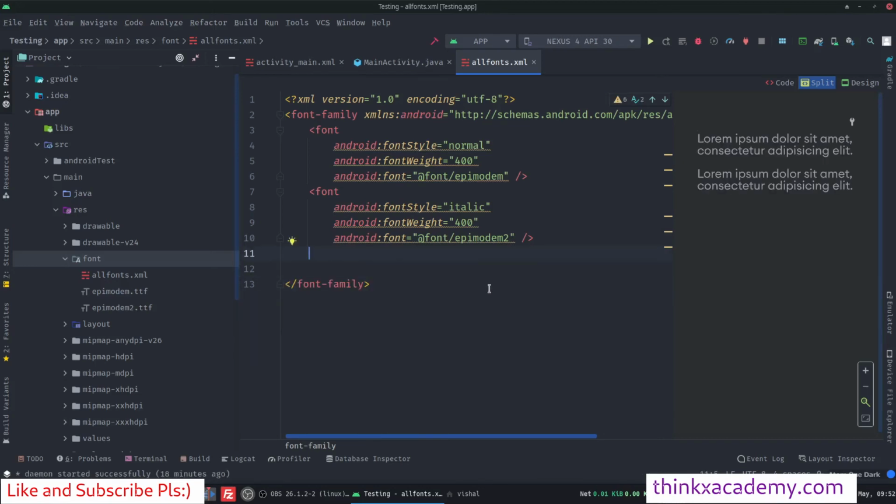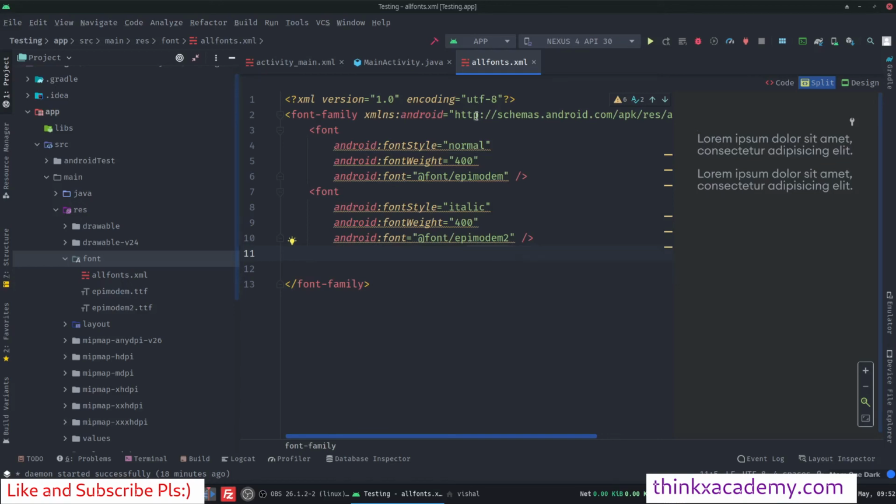Now you can see a warning here. If you hover your mouse here, you can see a warning which says attribute font is only used in API level 26 and higher, and current minimum is 16. So it basically says override resource in font v26, which is obvious. I've already told you that it is only supported in API level 26 and above, which is actually Android 8 and above, right?